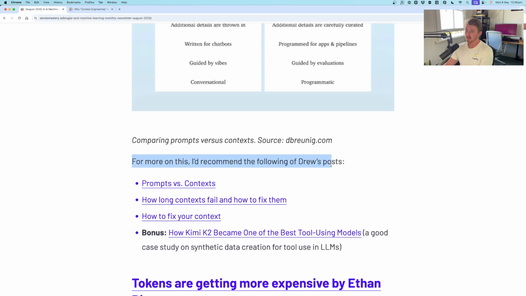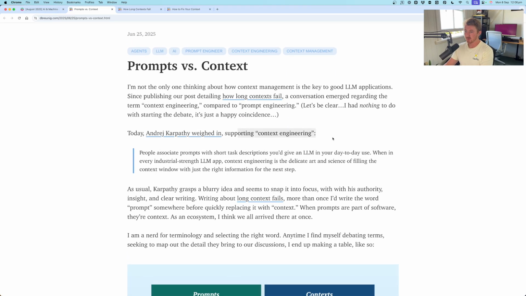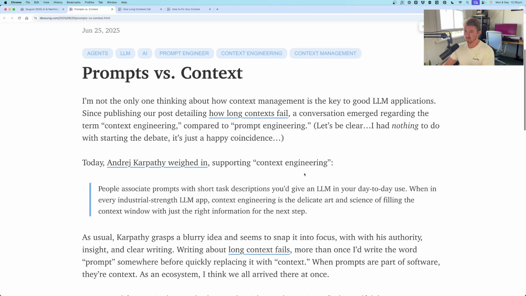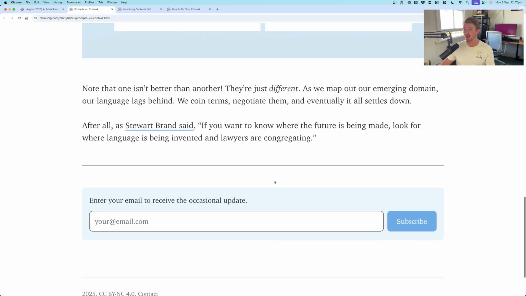And so this is where I've collected more of Drew's posts, because every so often you stumble upon someone's blog and you basically read all of their articles. So prompts versus context, how long contexts fail and how to fix them, how to fix your context. So context engineering, prompts versus context. People associate prompts with short task descriptions you'd give an LLM in your day-to-day use, when in every industrial strength LLM app, context engineering is the delicate art and science of filling the context window with just the right information for the next step. So if someone was building an app like Cursor or something like that,